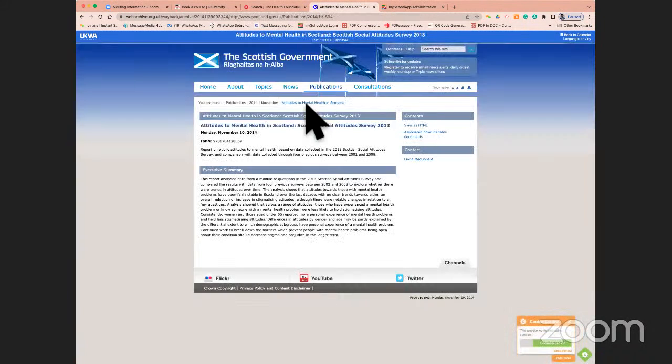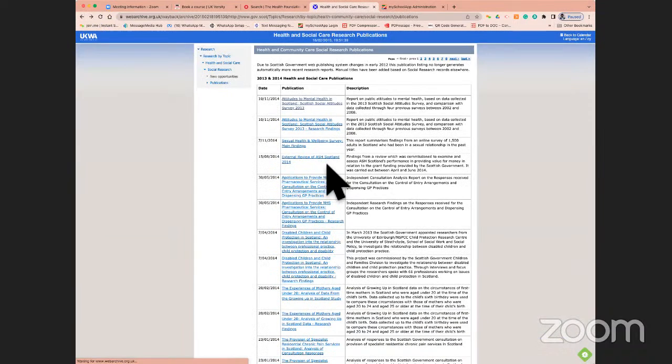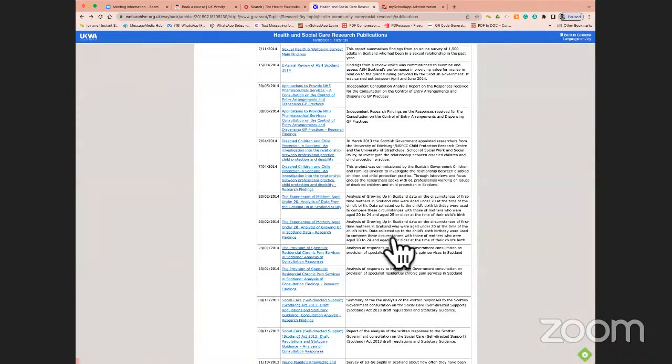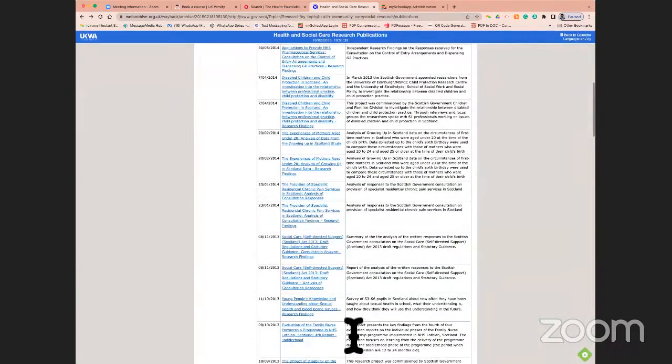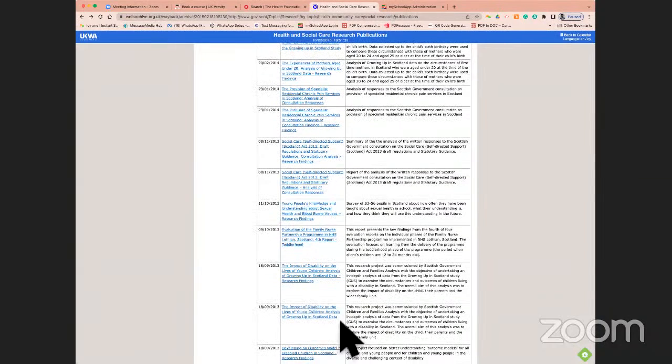So if I just pick out one, the first one, as you would see, it gives you a bit of an executive summary in terms of what are the attitudes to mental health in Scotland. Assuming this is not an area of interest, I might pick out something else, because this website is the NHS Scotland website. So obviously a lot of these research reports will be related to research which has been carried out